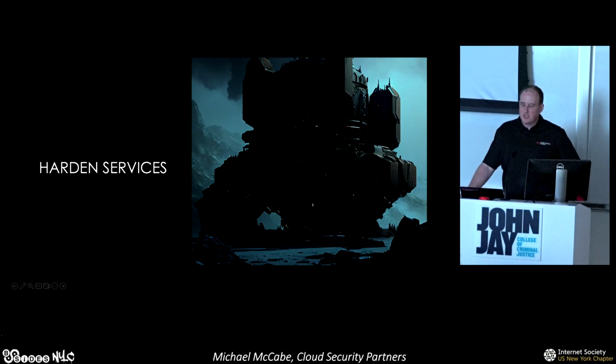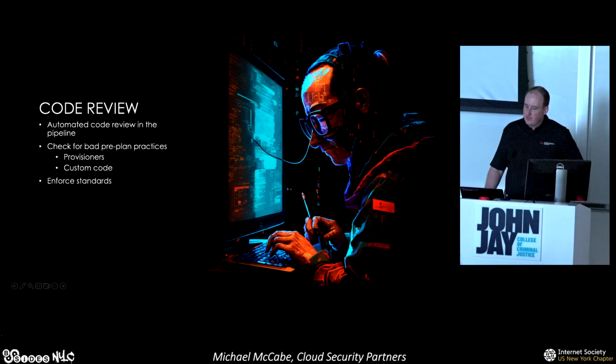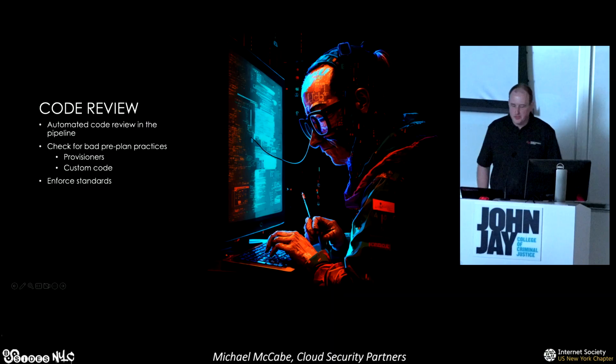And they don't have to think about the security necessarily of these services. The next thing, we've talked about this a good bit, but code review. You have to have tooling in your pipeline, both for malicious use cases and for your general patterns for infrastructure as code. So having automation in your pipeline is great. If someone has an AppSec team that's big enough to review every Terraform change, you're very well funded. I'm very jealous, but most people don't have that, so you have to automate code review.